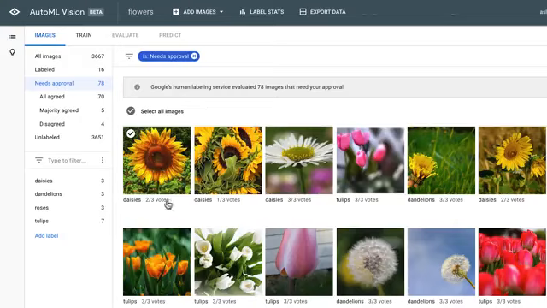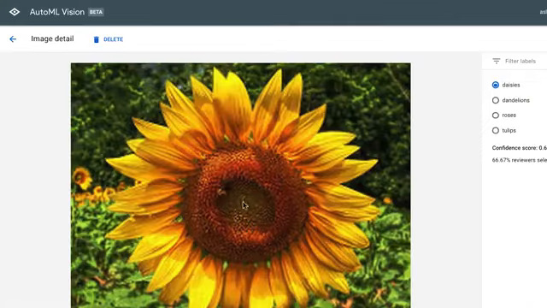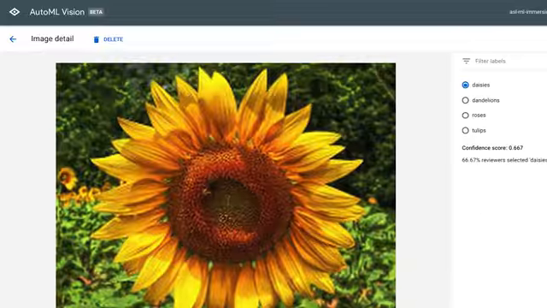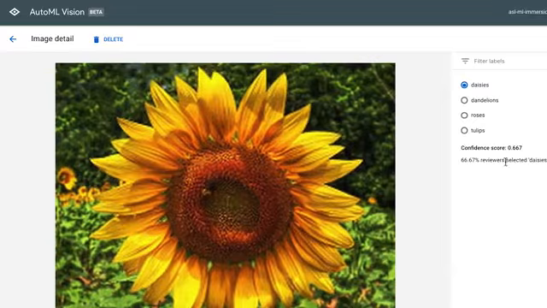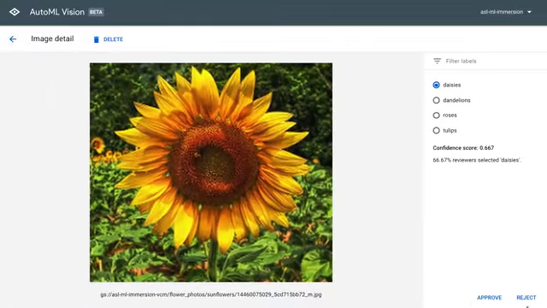We can now see for each of these images that need approval how people voted and if there's any disagreement. In this case, you see that 2/3 of the voters, of the labelers, reported this as a daisy, which is in fact a mistake. And the reason it's a mistake is because in this particular task, we didn't allow them to choose sunflower. If you approve of the image, you can click on the Approve button at the bottom. And if you reject, you can click on the Reject button.